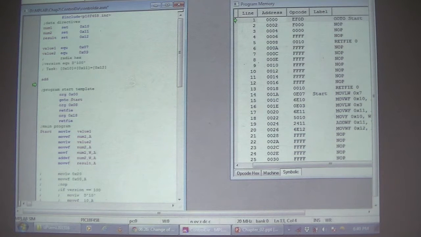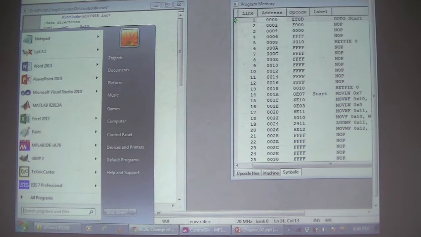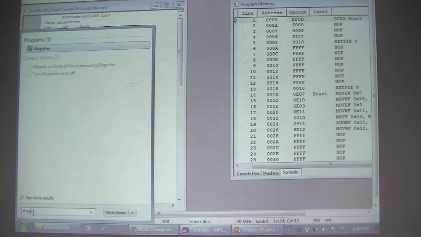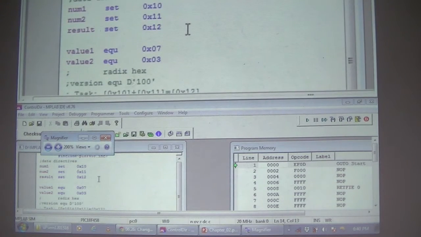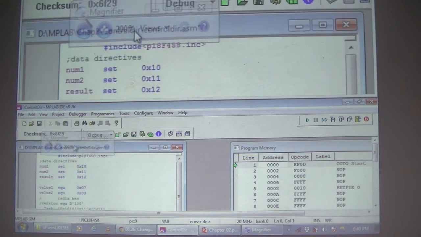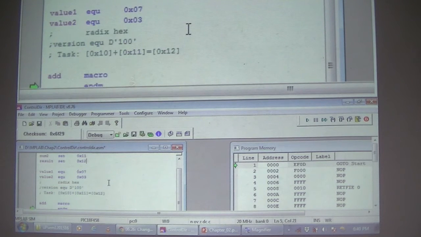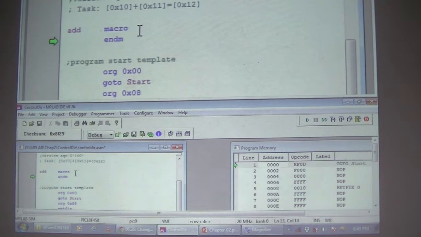So we can give a name add, then we will have macro, and we should have end macro. Always start with the macro and end macro. So what we're going to do now is,